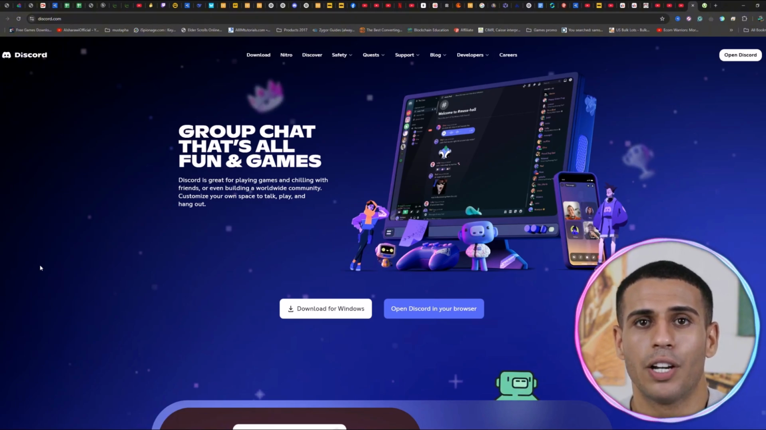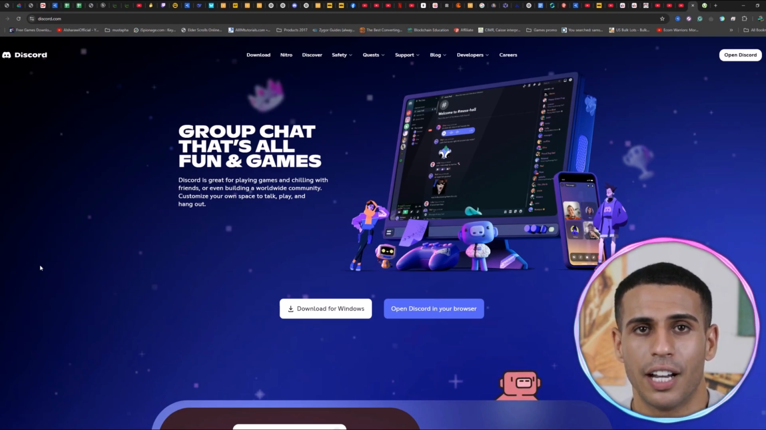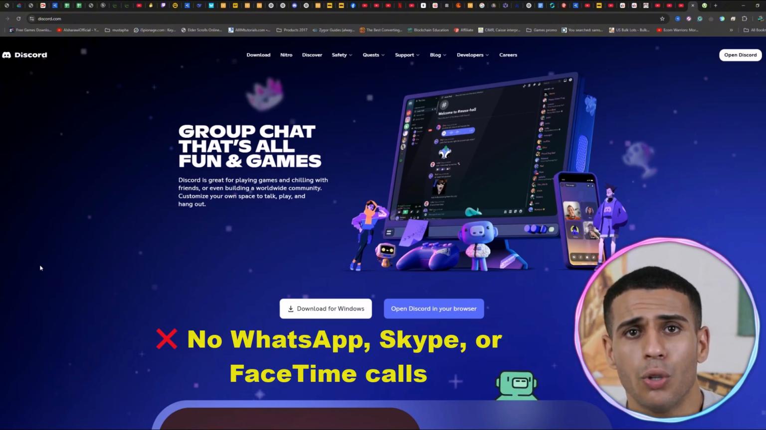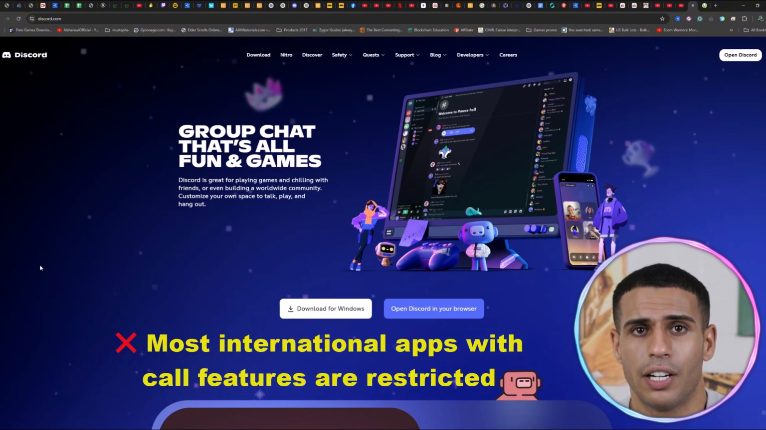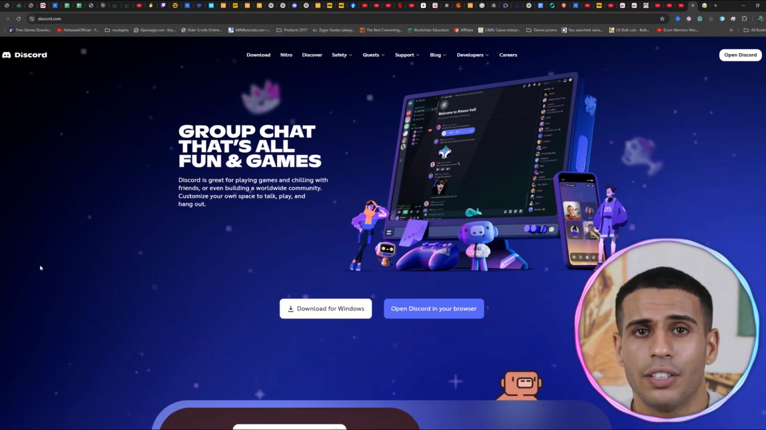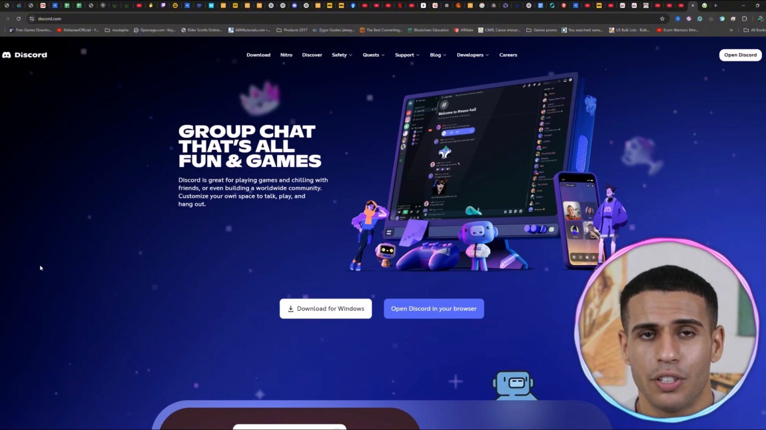The UAE blocks VoIP services to protect telecom companies. That means no Discord voice chats, no WhatsApp, Skype, or FaceTime calls. Most international apps with call features are restricted. So when you try to use Discord normally, especially voice channels, it won't work unless you use a tool to